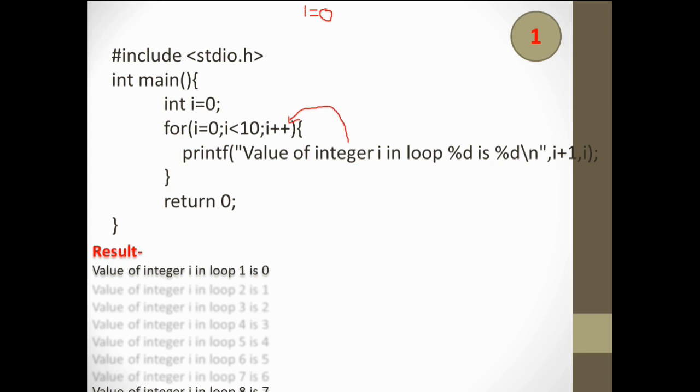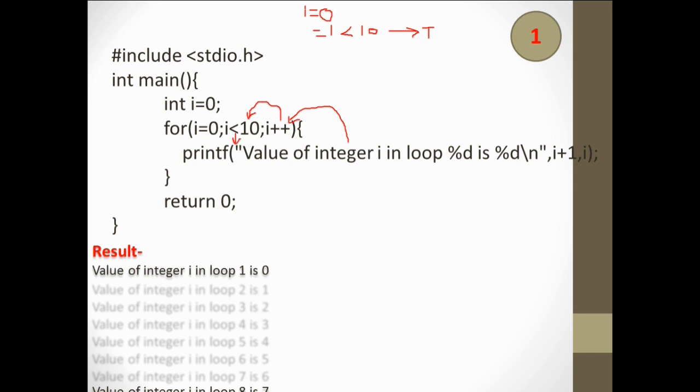So now the value of I becomes 1, and after incrementing, we go to the condition part again and check whether I is less than 10. The value of I is 1, which is less than 10, so the condition is true and it goes inside the for loop and prints the statement again.